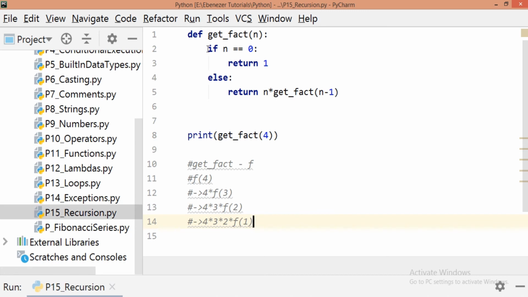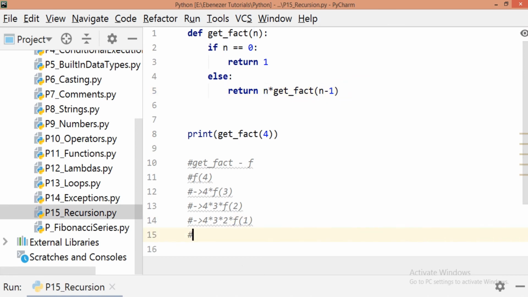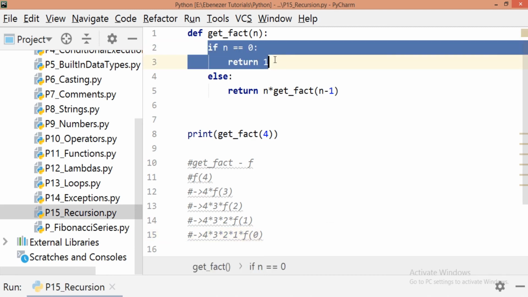Now again 1 is not equal to 0, it won't execute the if block, it will come to the else block and do n multiplied by the factorial of n minus 1. So what is n now? n is 1. So it will give us 4 multiplied by 3 multiplied by 2 multiplied by 1 multiplied by the factorial of 1 minus 1, which is 0.